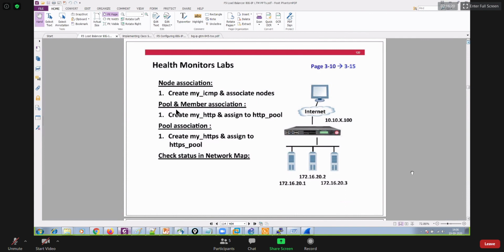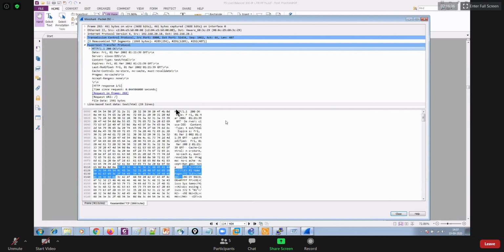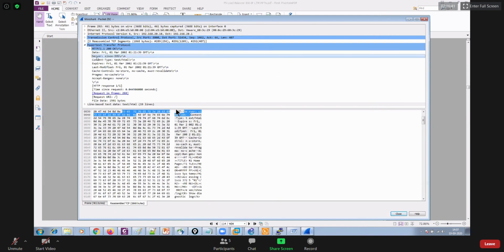Okay? Sir, I do have a question. When we configured HTTP head and content check, the receive string we were configuring as server. Is that something specific to the host name? No, it is not specific to the host name. This is something specific to what you are getting in your responses. So server was there, right? SERVER. So it is matching with this, not the host name.